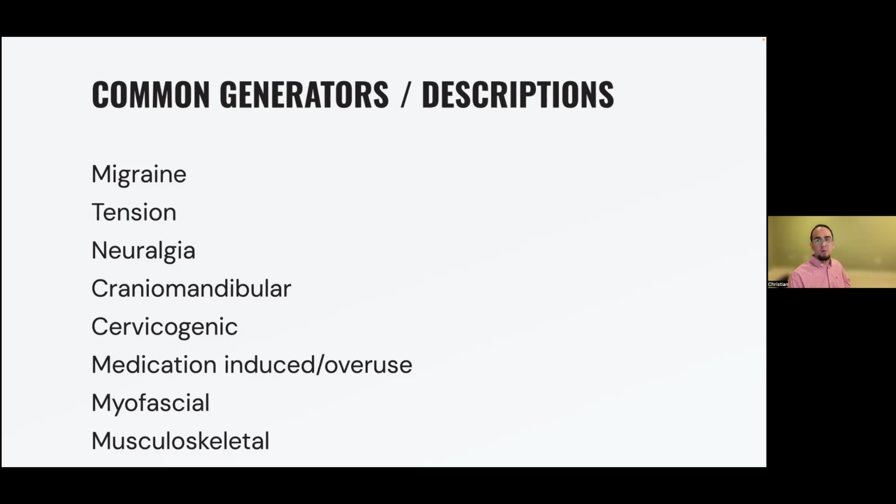Craniomandibular related pain will be more with the temporomandibular joint. Cervicogenic pain will be more suboccipital pain, or pain at the base of the skull and on the neck. It may even radiate towards the arms. We may see myofascial pain, which is more related to the muscles themselves, muscle spasms, rotation of the cervical spine, and other musculoskeletal generators, and as a result, physicians feel the need to treat them.